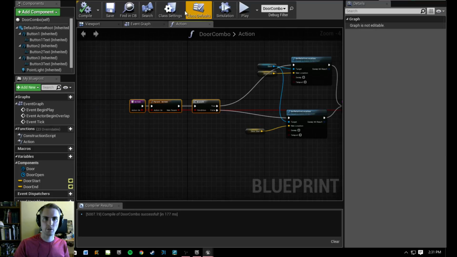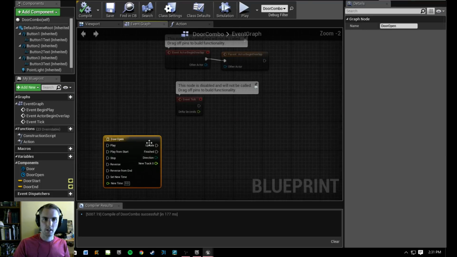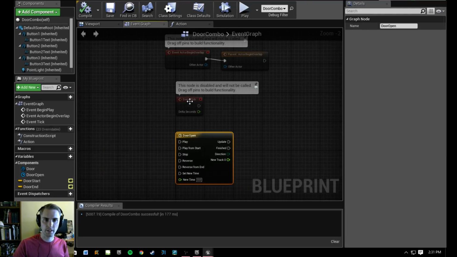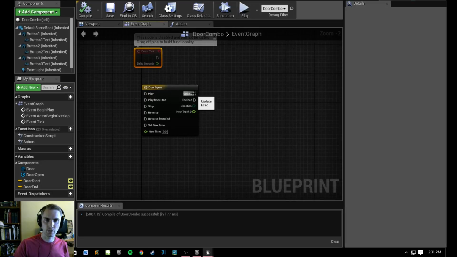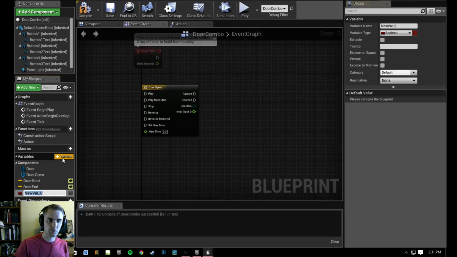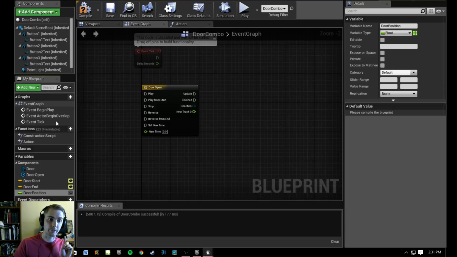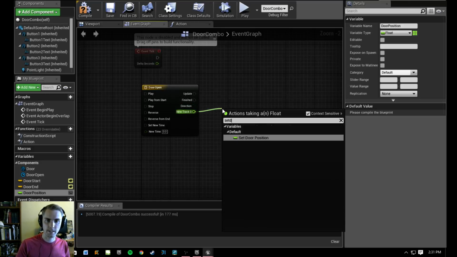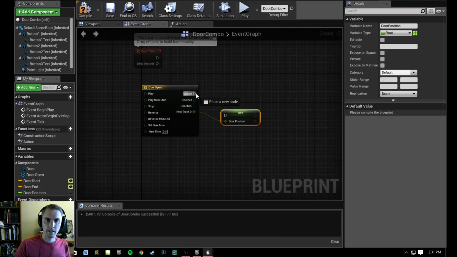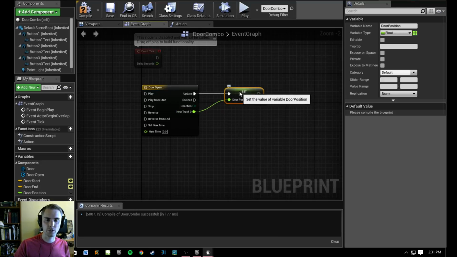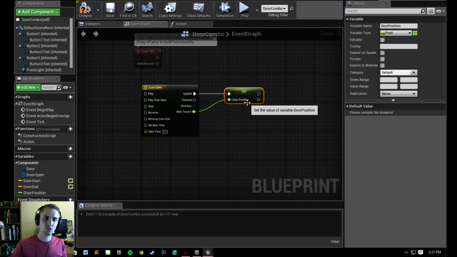Okay, so now we've got, in the event graph, we've got this, and when this gets played, we're going to do some stuff. So we're going to add a variable. We're going to call this door position. And believe it or not, this position is actually just going to be a float. It's going to be basically its position that's driven by this. So we're going to set door position, and it's going to do that every time we update. And the next thing we're going to do, let's say we update, we set the new door position,